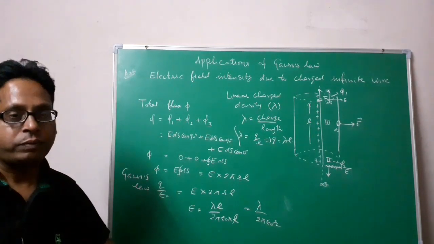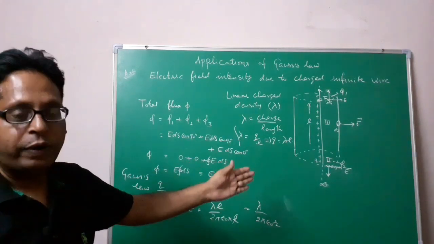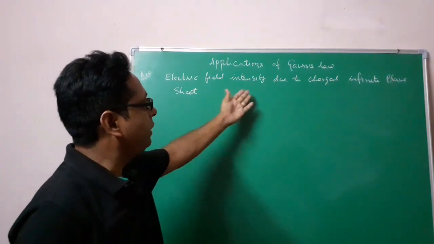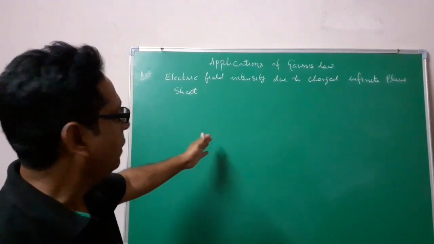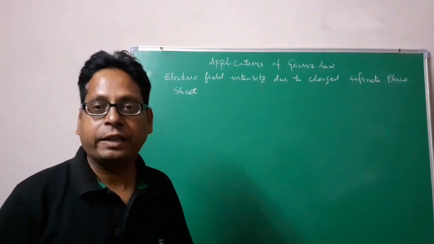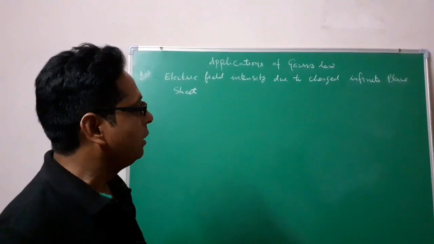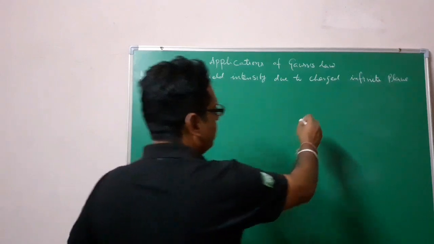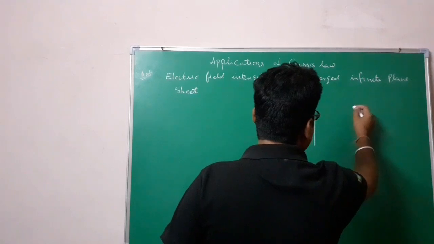So next I have the electric field intensity due to plates. So this was a charged wire, and here we will take a sheet which is being charged. Yes, the next application is the electric field intensity due to a charged infinite plane sheet. So in the previous application, we found the electric field intensity due to a charged wire. No doubt the wire is cylindrical. So here I am taking an infinite plane sheet. So let us take, this is a type of sheet, right?